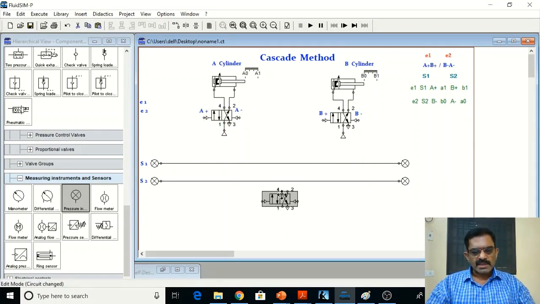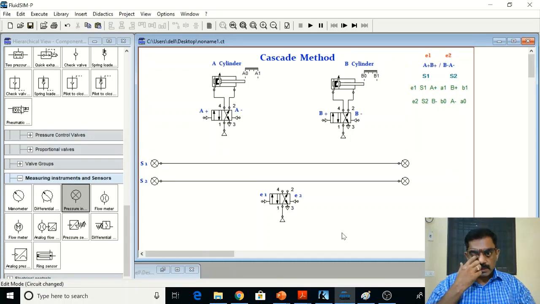So for this I require a compressor. So compressor I am connecting directly, and this is my E1 side. So E1 side is left hand side. Right hand side I am notating it as E2 side.